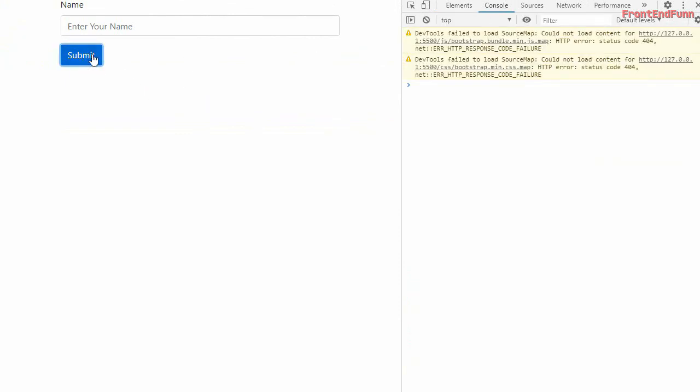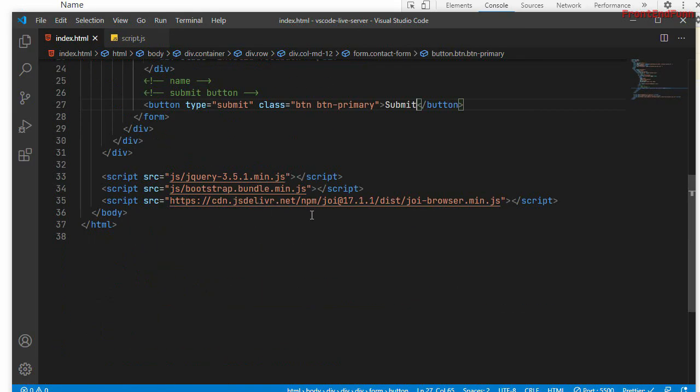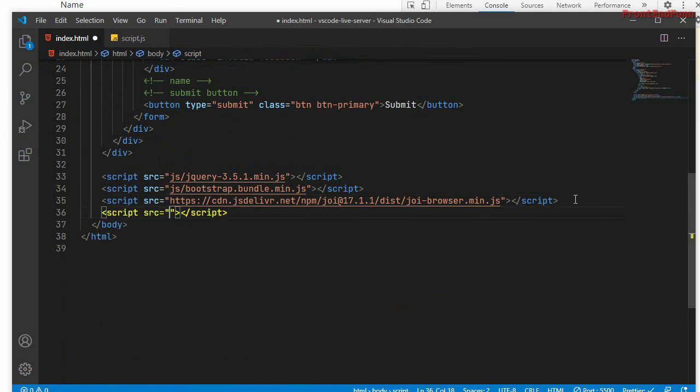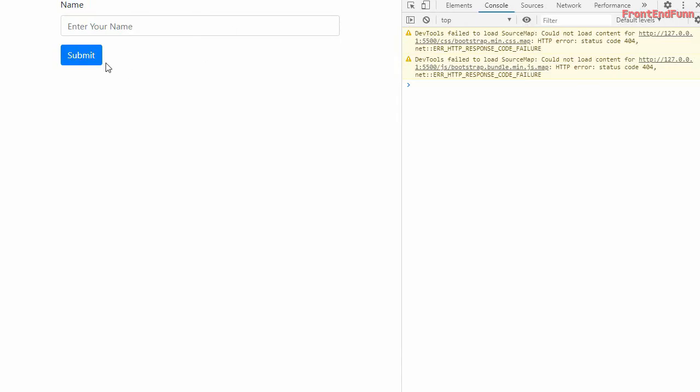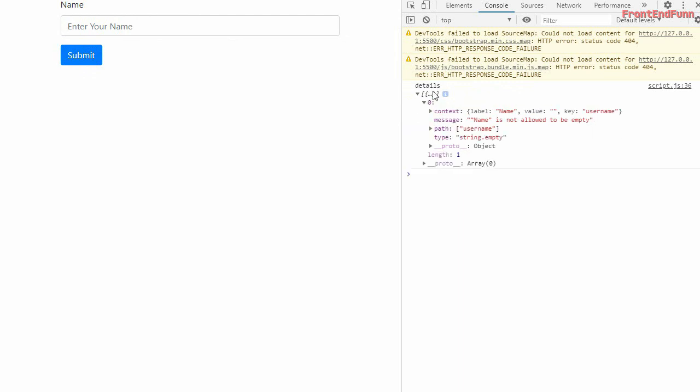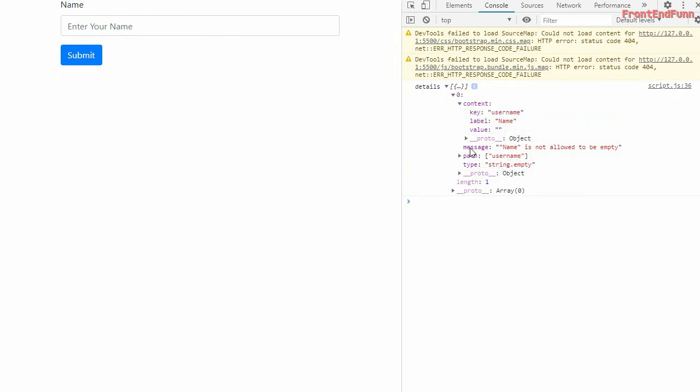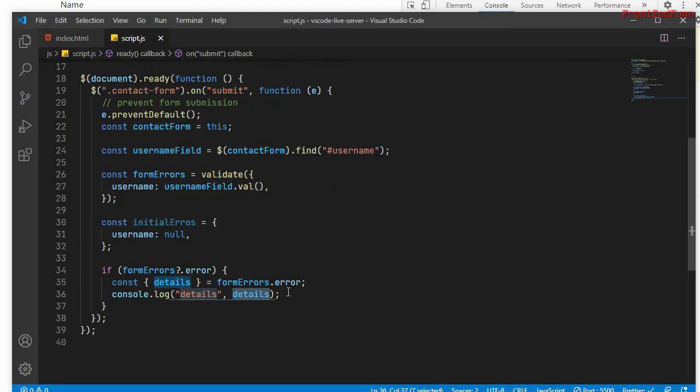For some reason the form is getting submitted. Let's see here. I forgot to include the script tag, so I'll just include my script. If I click on submit, as you can see, details is an array which contains all these things here, the message as well as the key. So right now we have the error messages in the console.